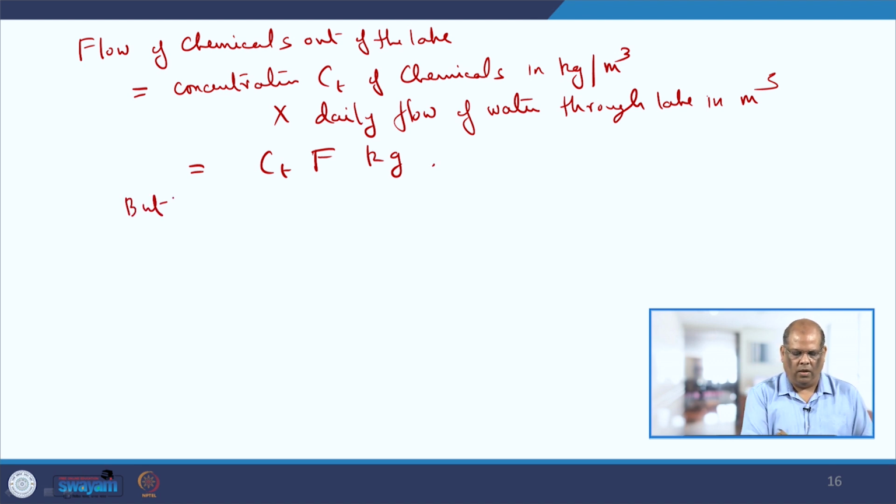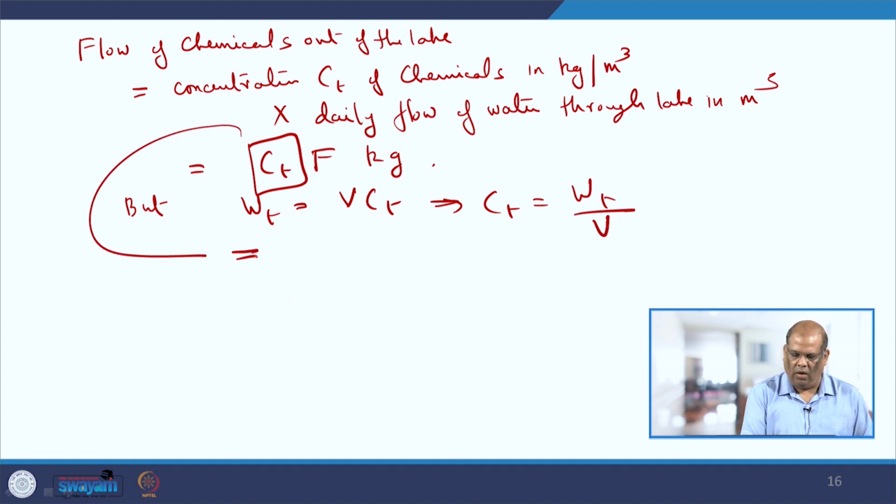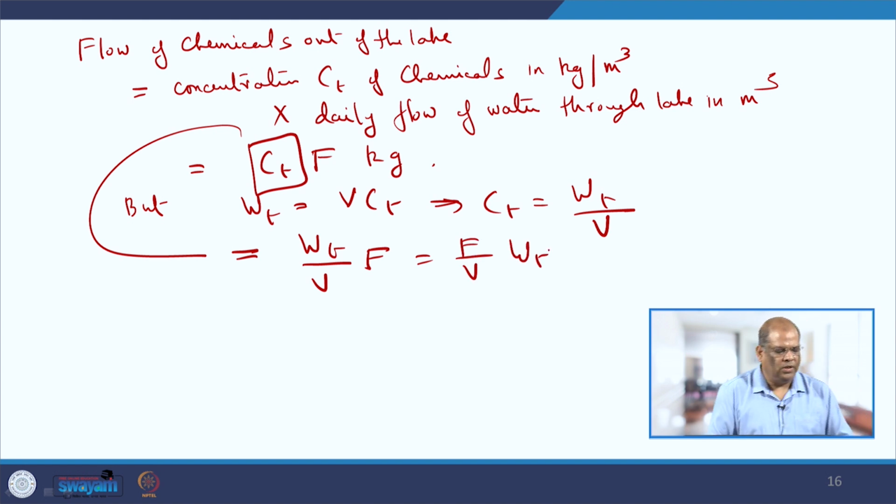But you have shown that Wt is equal to V into Ct. So, basically this Ct we will be replacing by Wt by V. So, this is equal to Wt by V into F. So, F by V into Wt, which is the flow of chemicals out of the lake. So, therefore,